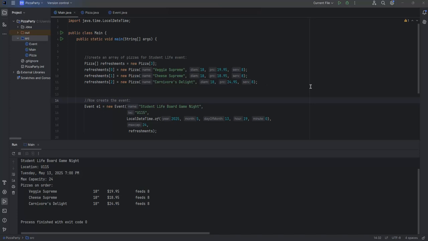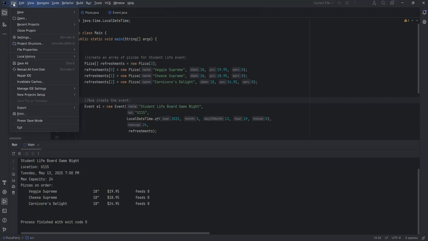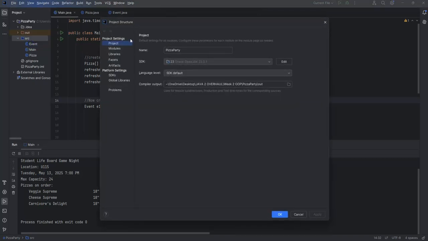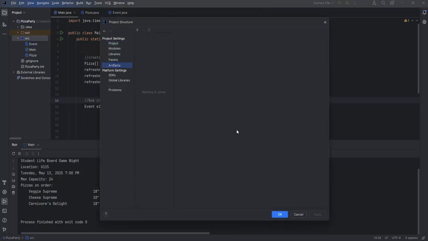So let me create a jar. It's pretty easy in IntelliJ. I don't do this often. We're not going to do it often. This might be a little clunky, but like I said, it's pretty straightforward in IntelliJ. I'm going to go to File, Project Structure. Okay, and then from here I'm going to go to Artifacts, and I'm going to add a new artifact, which